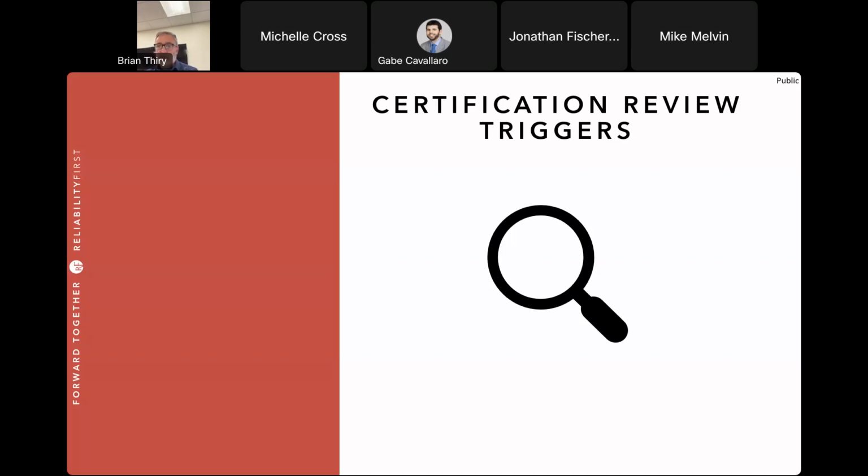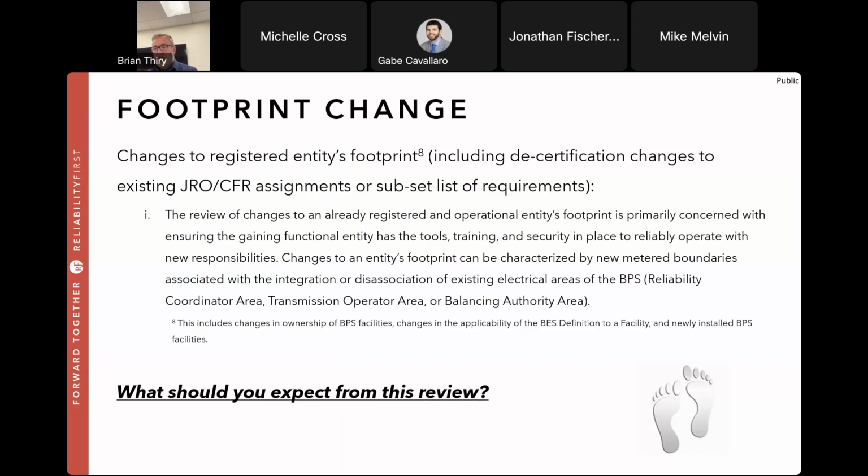I'll start off with the first one, footprint change. We do see these, not as often as some of the other triggers, but we do see these. And this is an important thing to review. Things like adding assets to your footprint, even changing, for example, your transmission line voltages from a non-BES to BES. That can constitute some type of activity, because now you're taking on new responsibilities, and then now you're in the realm of NERC compliance. We also, if there's expanded boundaries, meter boundaries, and so we